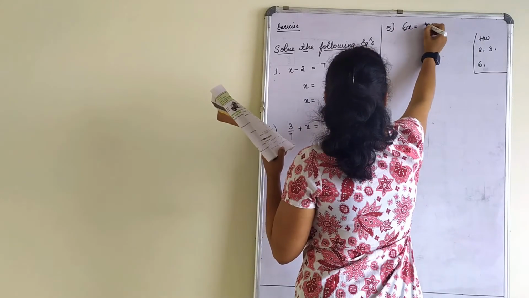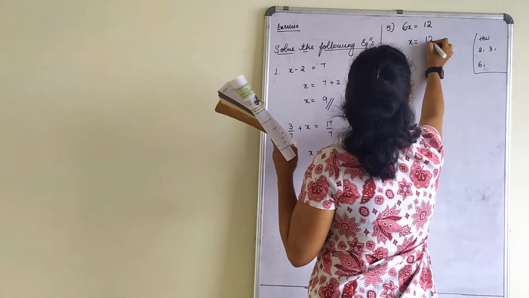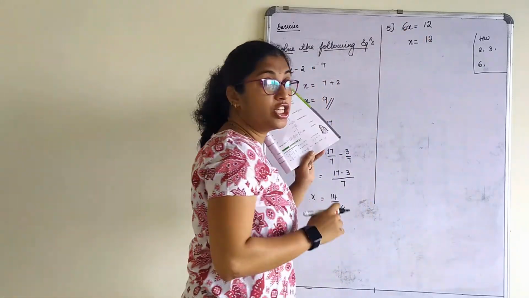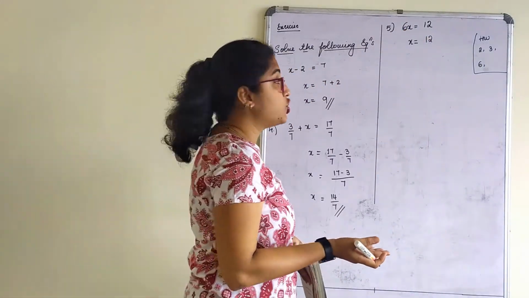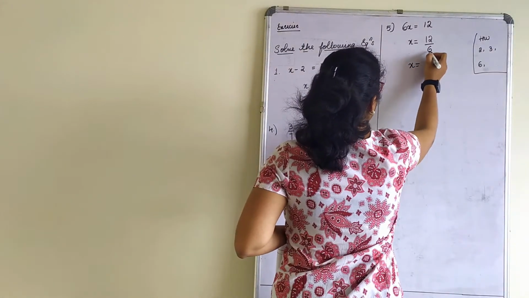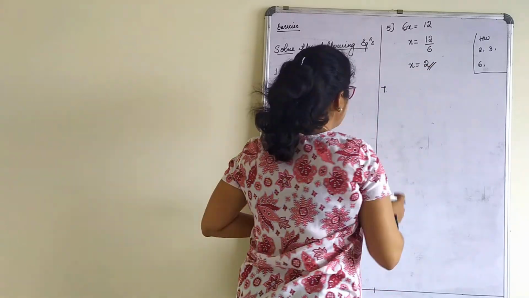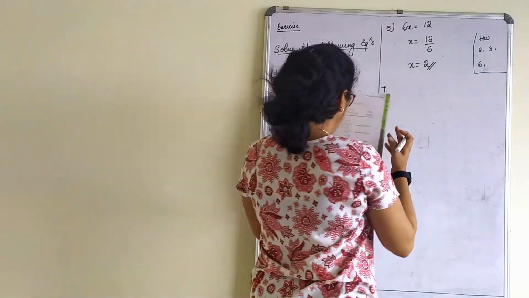6x is equal to 12. Now see here, x is equal to 12. Now this is multiplication. When you transpose multiplication, that becomes division. So x is equal to, 6 ones are 6, 6 twos are 12. The sixth one is homework. I will solve the 7th one, which is